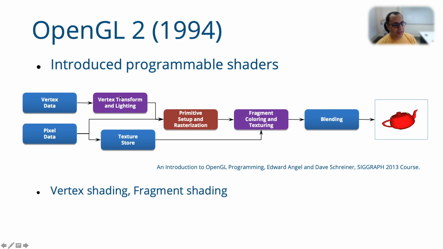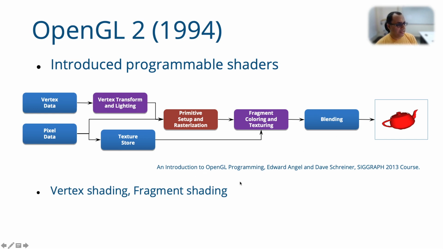So users could write some shader code that would operate on every vertex and every fragment that was passing through the pipeline. So you give OpenGL a set of vertices. All of them are acted upon by the shader that you have put in here. Then it goes through the raster. Then it gets assembled into primitives, and generates fragments via rasterization. Then the fragment shader acts on every fragment, and then they show up on the screen via the frame buffer.